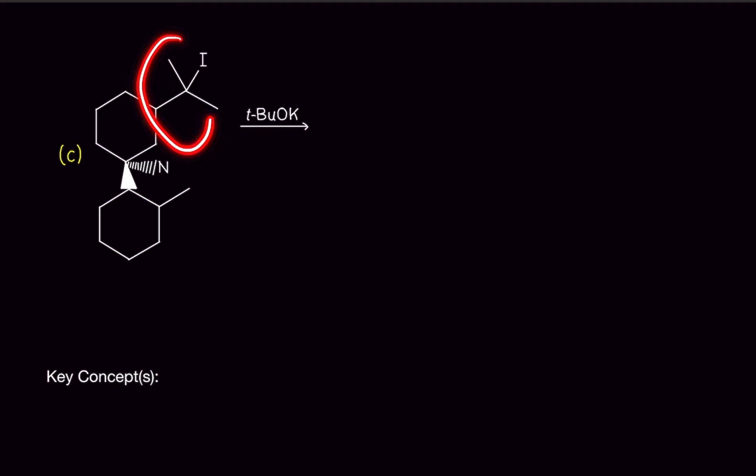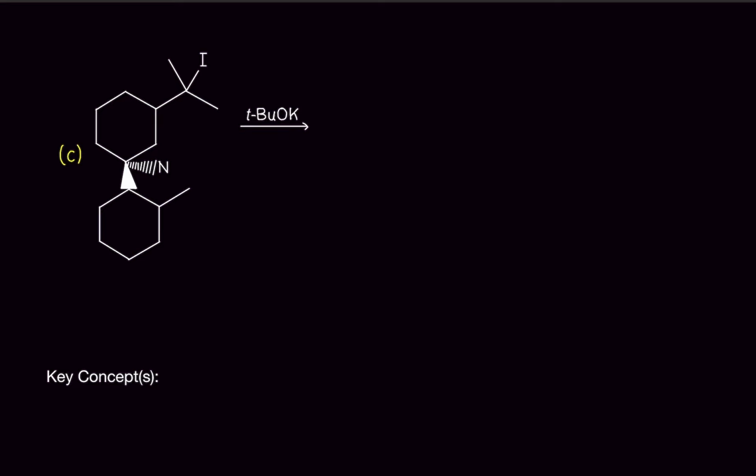We have a tertiary alkyl halide here. That's the first thing, right? SN2 does not like tertiary alkyl halides. The second thing is SN2 does not really like tert-butoxide. It could work, but under the right conditions. But since we have a very sterically hindered nucleophile and the sterically hindered geometry, alkyl halide, SN2 will not want